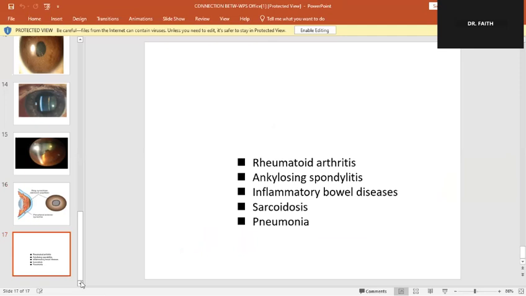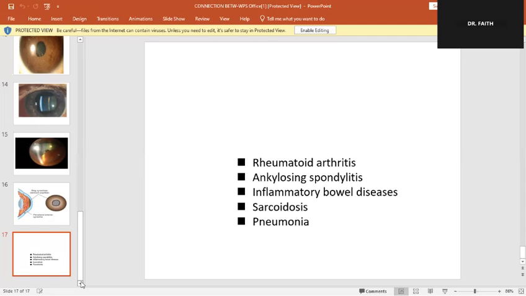Then this reaction is in the bloodstream. It may travel, or it will travel, and go into the eyes. When it goes into the eyes, it will cause an inflammatory reaction, and so someone will have uveitis. So someone comes into the clinic, you see uveitis, and you see rheumatoid arthritis,